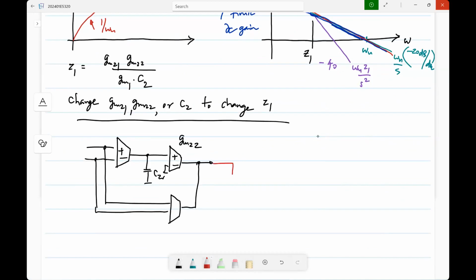Now I will terminate the output in a short circuit. Okay. And of course, I apply 0 volt to the input for analyzing noise. Now,